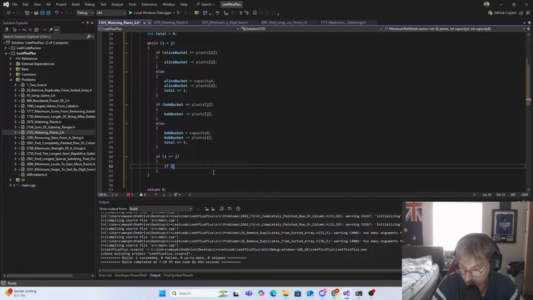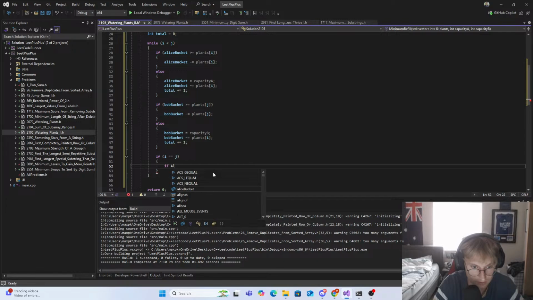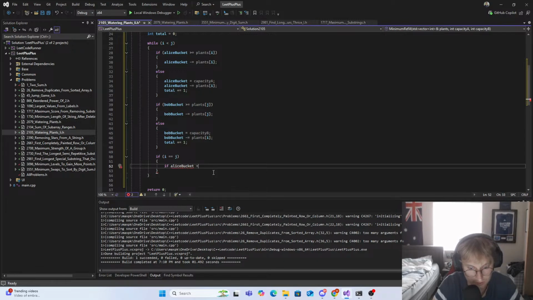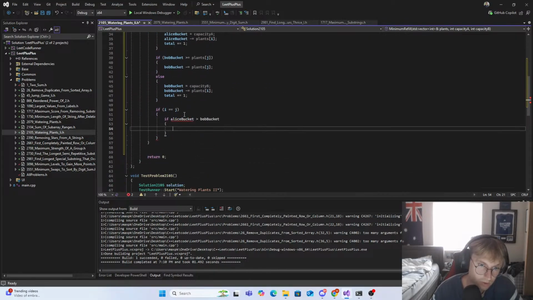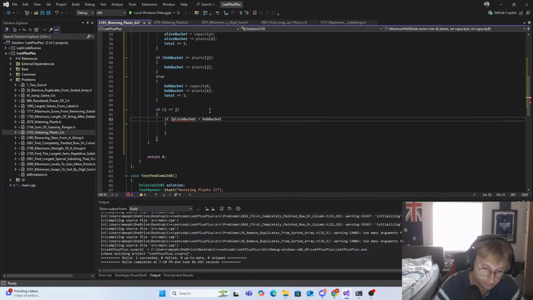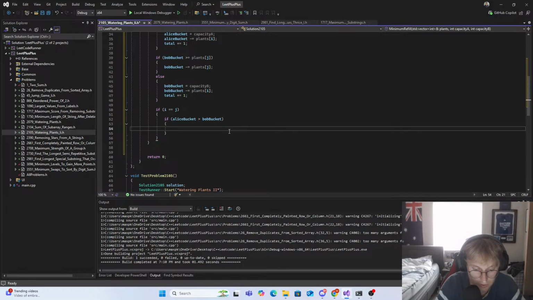If Alice bucket is greater than Bob bucket, then this is so annoying. It's so annoying to get used to these parentheses. Then what do we want to do here? We would just do